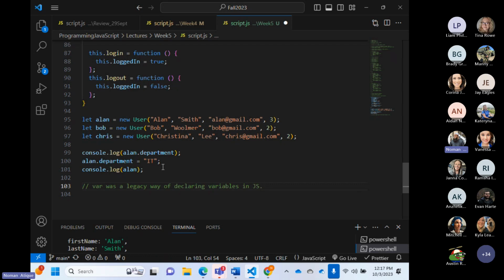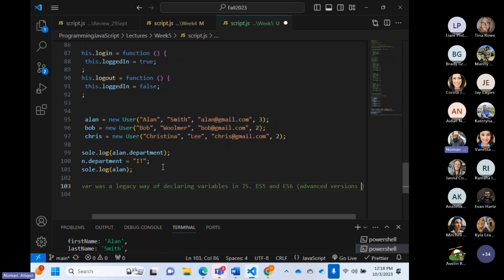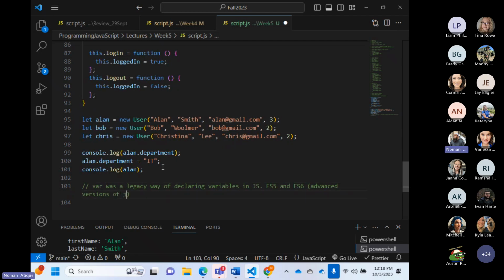It was a legacy way of defining variables. When ES5 and ES6, which are ECMAScript 5 and ECMAScript 6, advanced versions of JavaScript, were introduced,